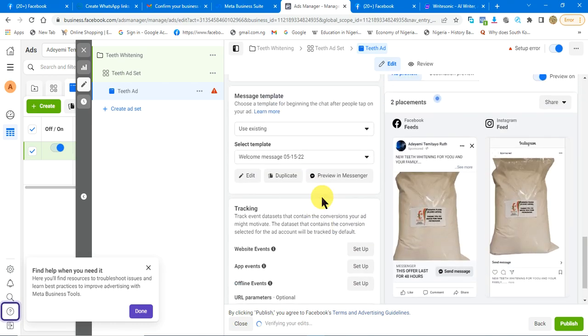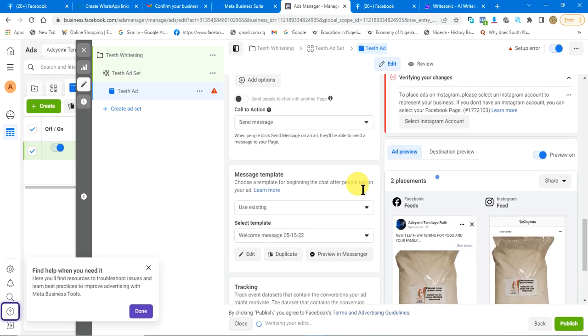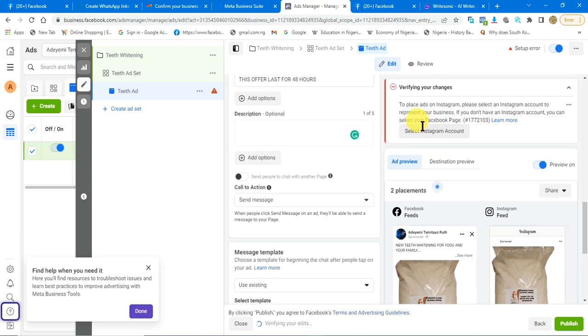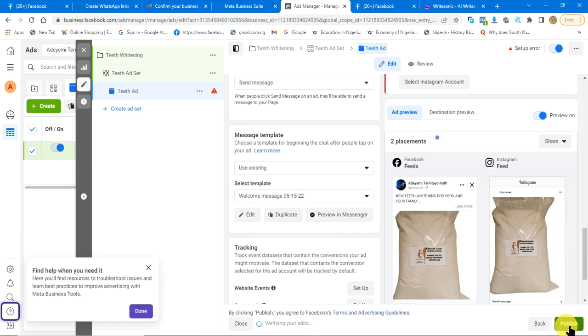Like I said, select your Instagram. Now you click on save and finish. Then you click on